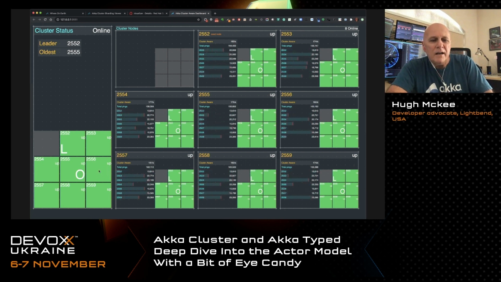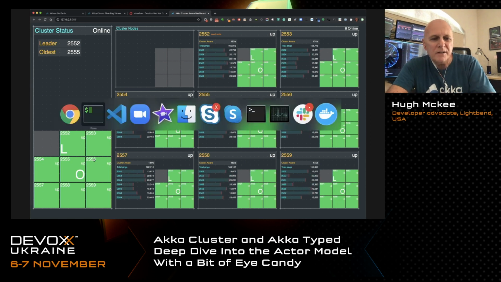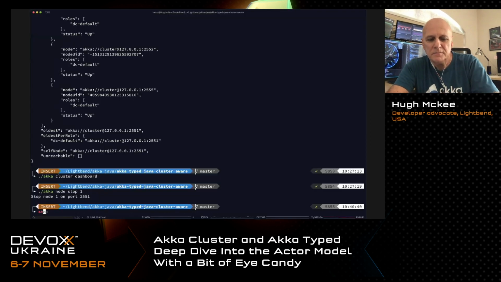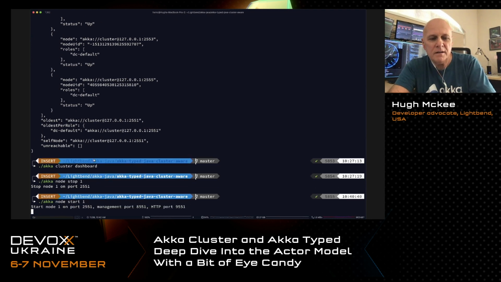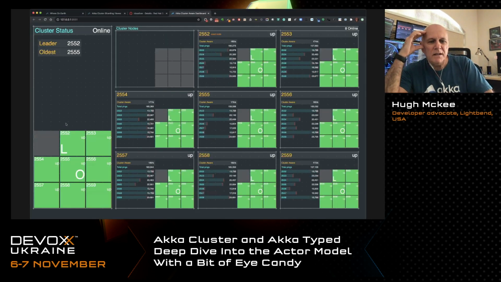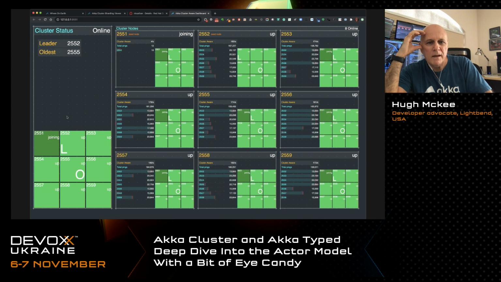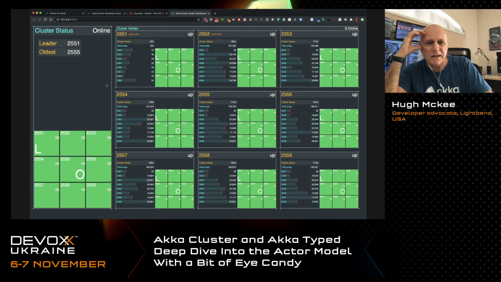So, but these things move around. If I start up node 1 again, let's start 1. We should see node 1 come back up. There it goes, it's joining. And then we should see the lists update. So now the lists go back to